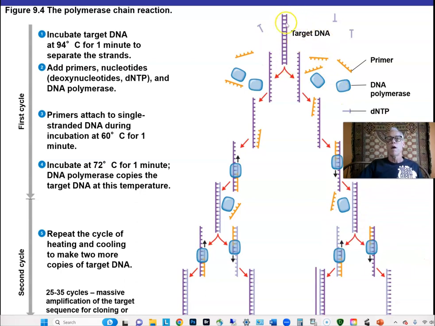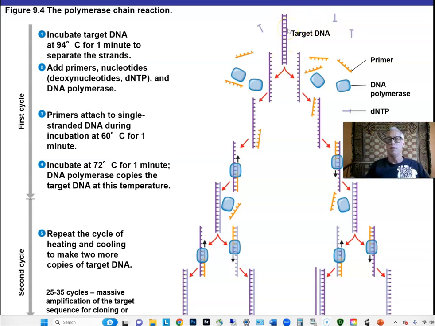We're going to start out with a target DNA. Let's say this is our piece of DNA that contains a gene that we're interested in inserting into a plasmid. Well, we need a lot of copies of it to be able to cut it with the endonuclease and insert it into the plasmid. So let's start out with our target DNA, and we will heat it up real hot